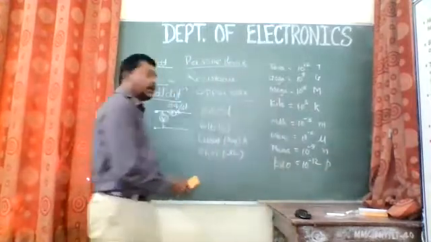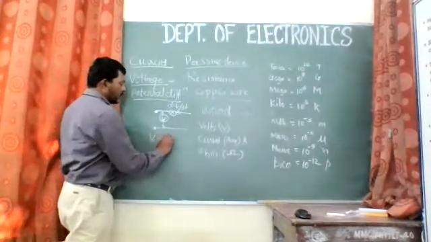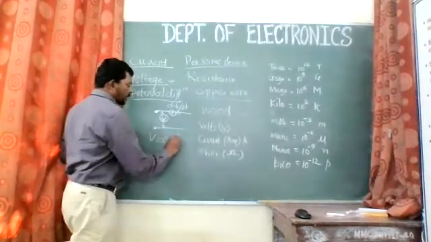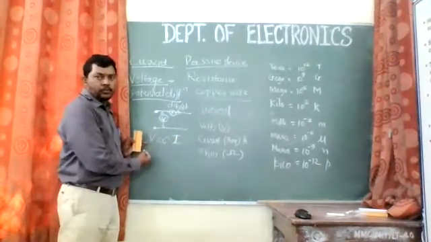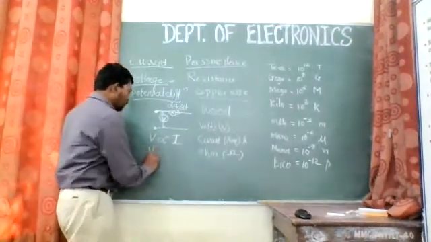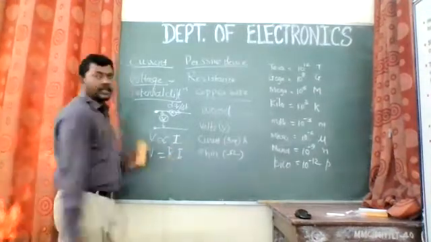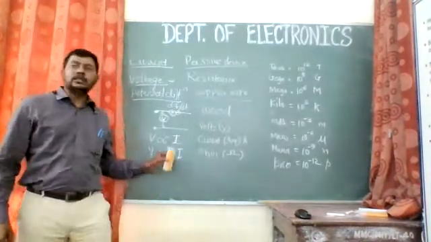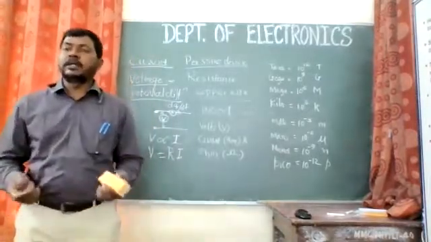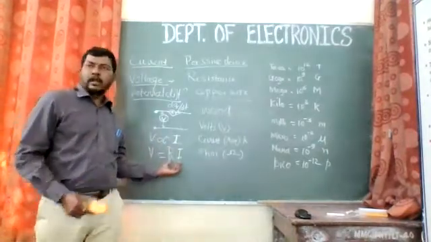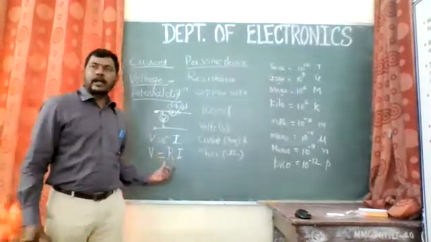Ohm's law states that at some ideal condition, the voltage is directly proportional to the current. That is the Ohm's law. And when we substitute the proportionality constant, we use the constant for proportionality as R, and this R is nothing but the resistance of that particular conductor or material through which we want to pass the current, right? So that is the resistance. So this is the relation between the voltage, current, and resistance.